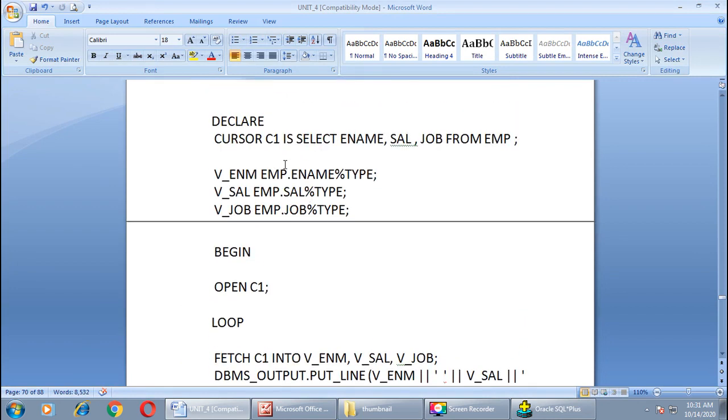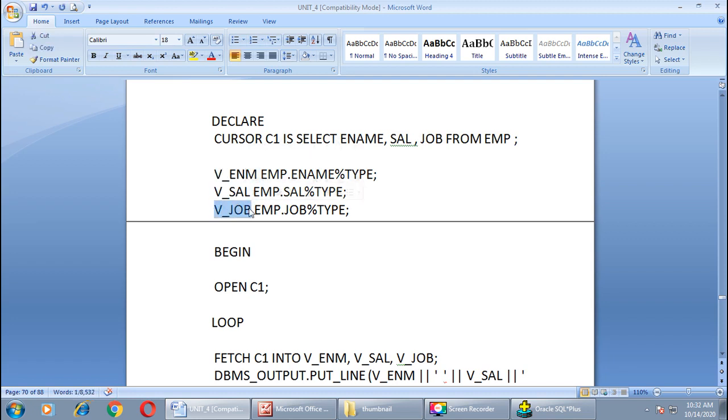The declaration section: the cursor is declared with the name C1, and its associated select query is select ename, salary and job from employee table, right? Corresponding variables are declared: v ename, v salary, and v job.